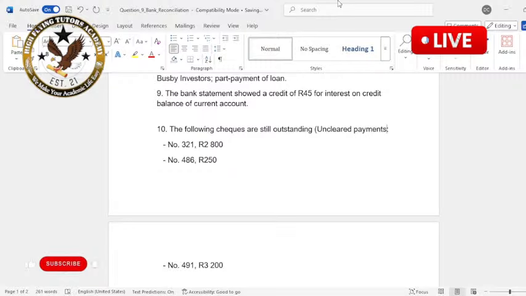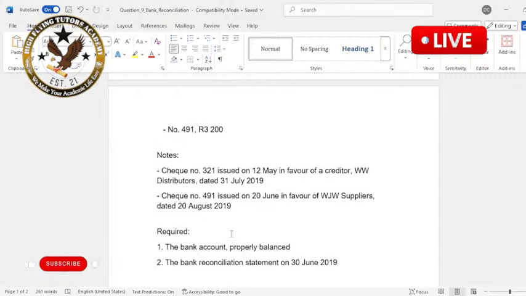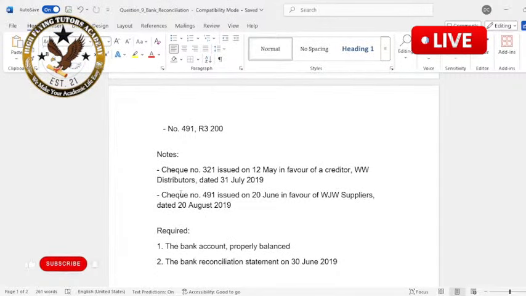Uncleared payments. So this outstanding checks refers to uncleared payments, so that you can better understand, just reducing it to your level and your textbook as well, right? And then we just need to understand that these are uncleared payments, and then there are three, and then the note right there says check number 321 issued on the 12th of May in favor of a creditor WW